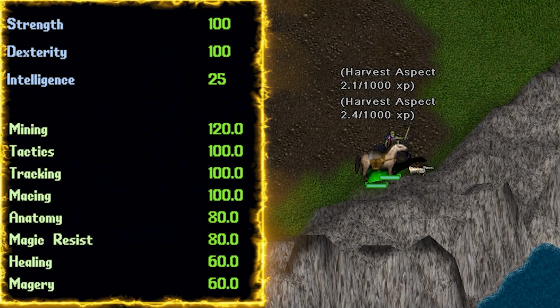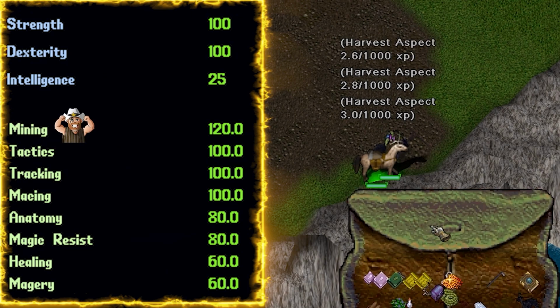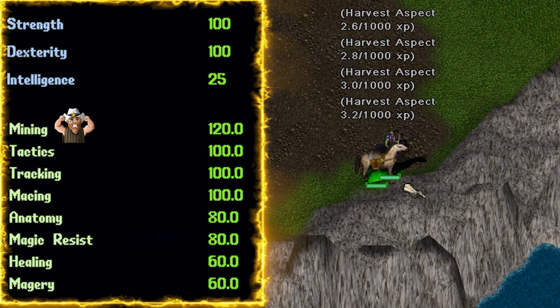First off, the most recommended and also worst introduction to Outlands, harvesting. Grab a pickaxe or a hatchet and gather resources. For hours and hours and hours. This is